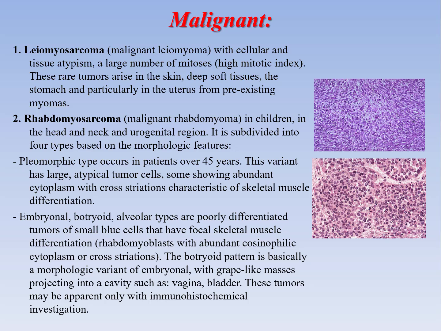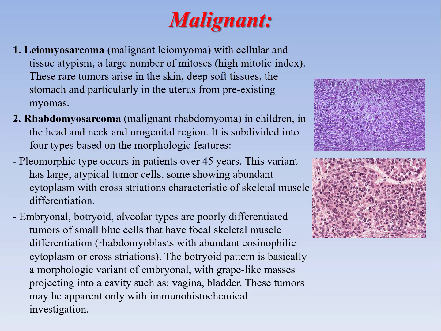Rhabdomyosarcoma, or malignant rhabdomyoma, is more often formed in children in the head and neck and urogenital region. It is subdivided into four types based on morphological features. The pleomorphic type occurs in patients over 45 years old. This variant has large atypical tumor cells, some showing abundant cytoplasm with a cross striation characteristic for